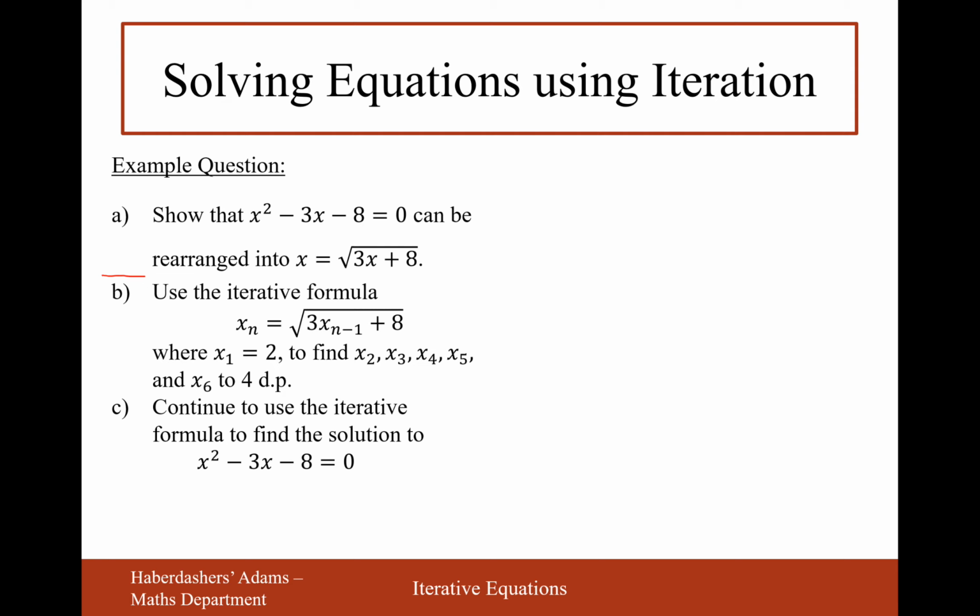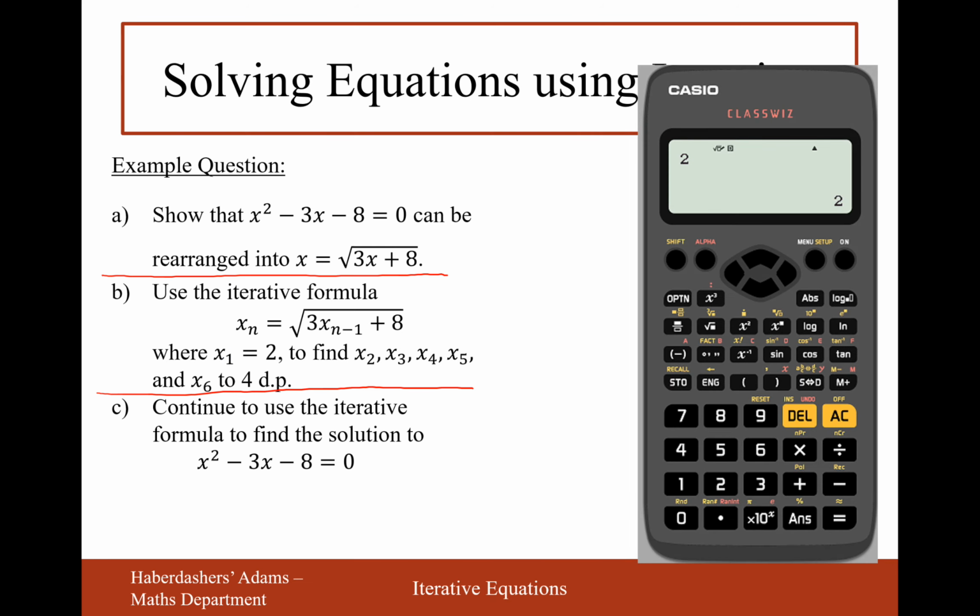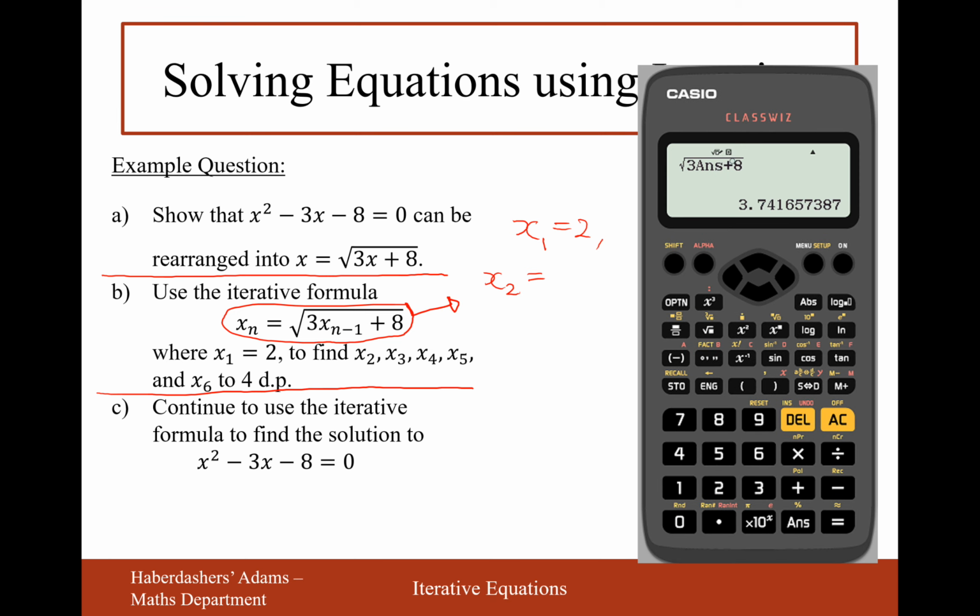Okay, so let's get rid of those arrows and now concentrate on doing part B of this question. So we start with the number 2 as the first term in the sequence, so put that into your calculator first, and then we're going to find the second, third, fourth, fifth and sixth term in the sequence. So we'll start with x1 equals 2. And then to find the second term in the sequence, we use the iterative formula. So we plug this formula into the calculator, but we use the answer button instead of xn minus 1. So set the formula up and use the answer button inside there, and we get the second term in the sequence, which is